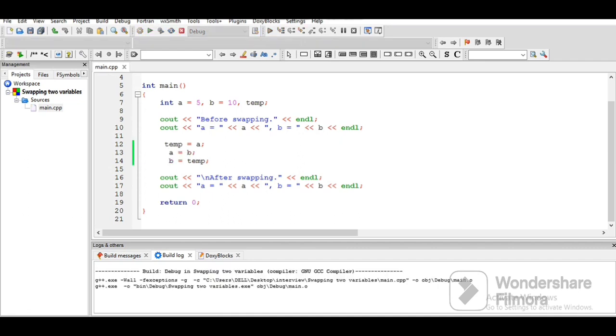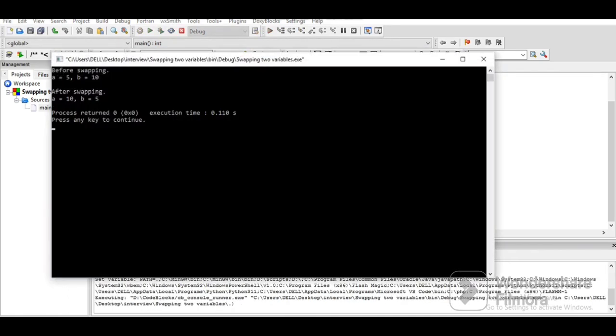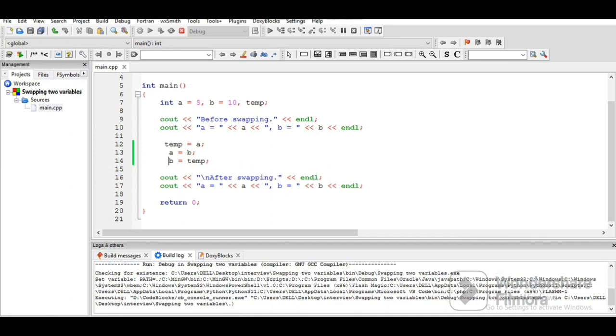See, we got it, A as 10 and B as 5. This is the swapping. Okay, and there's the main thing that